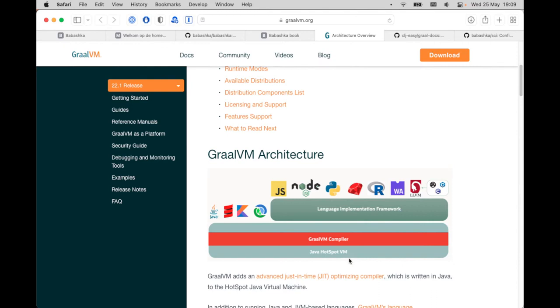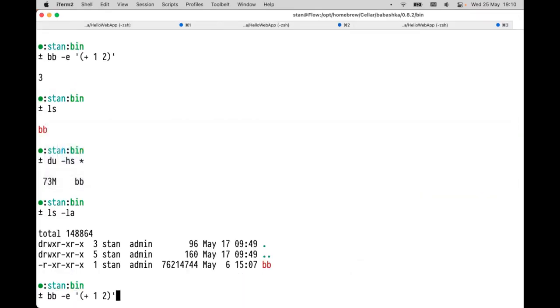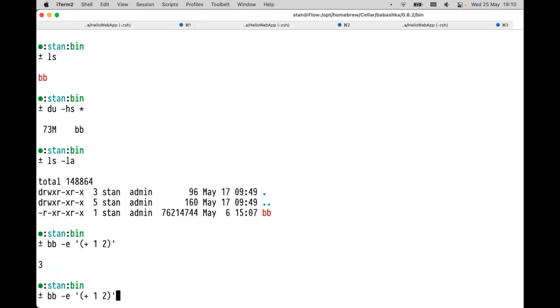With the JVM, you can load classes dynamically, and with GraalVM, it's not possible anymore. So you can imagine it's a challenge to compile a Clojure program with GraalVM, with the native image tool, because the language is so dynamic. What GraalVM does not allow is to create classes on the fly and to load them on the fly. But we just saw that Babashka is able to evaluate expressions,